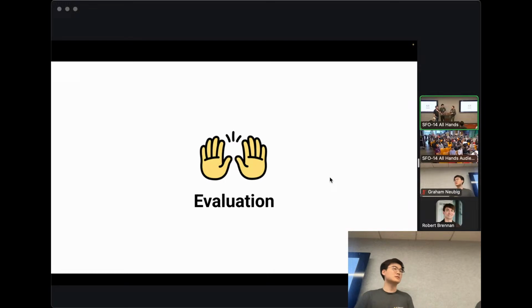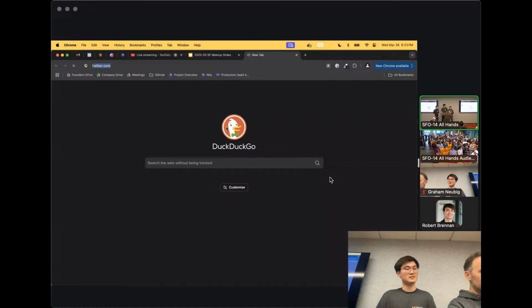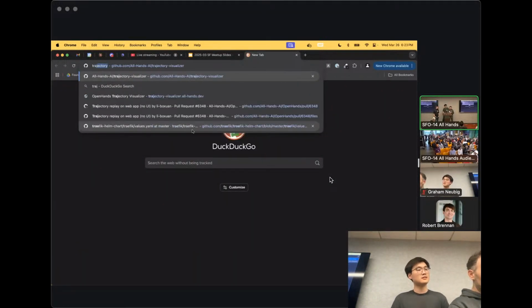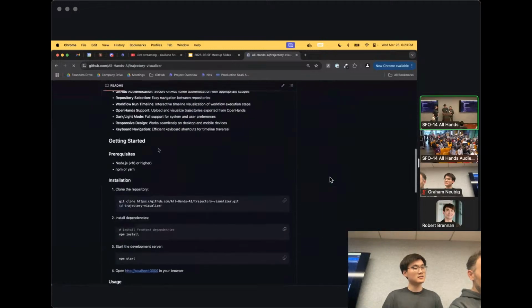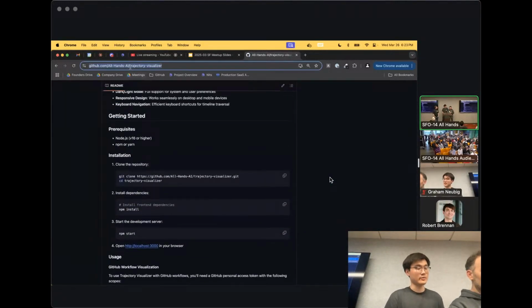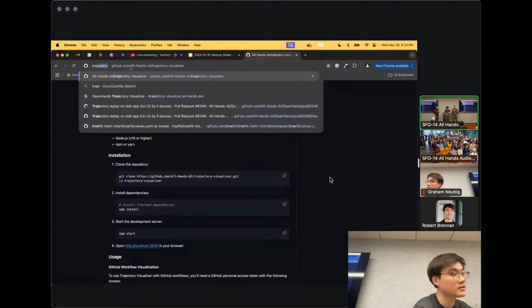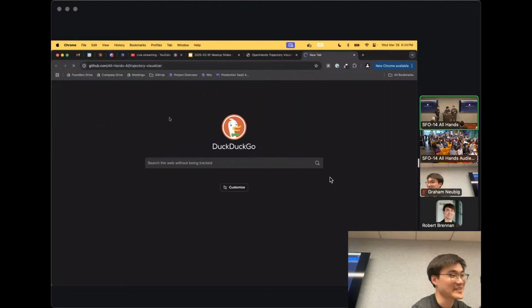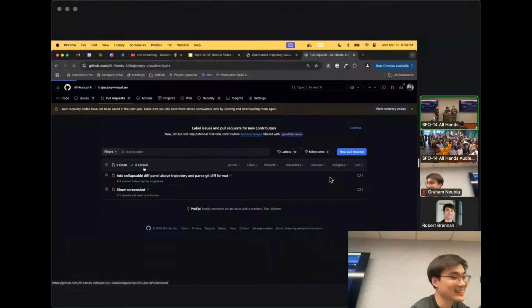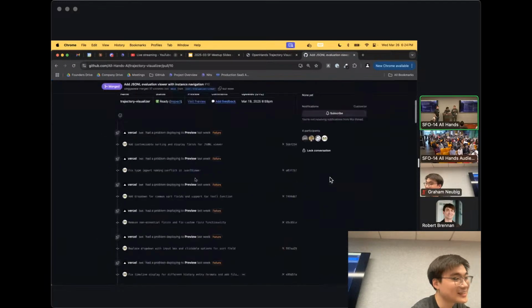Another thing that community members, Xingyao and I built recently is a visualizer for trajectories. I don't know if we have this live. Yeah, we have it. Could you type that in? But basically, we were having trouble debugging our agent trajectories, so we made it. I have a screenshot somewhere. Yeah, we were having trouble debugging our agents, and we wanted a way to do this, and so we